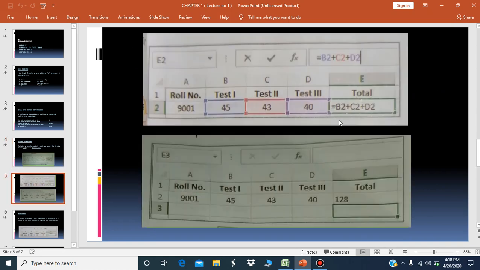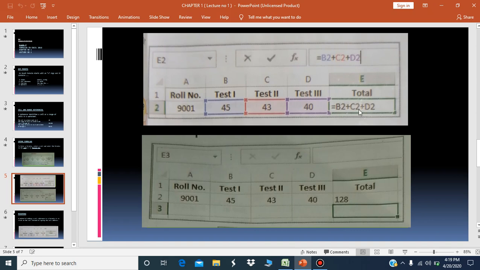You can see, first of all, type the equal sign and then give the cell address of test 1, addition operator, address of cell C2, addition operator, and cell address of test 3, that is D2. You can see that the same formula appeared in the formula bar.